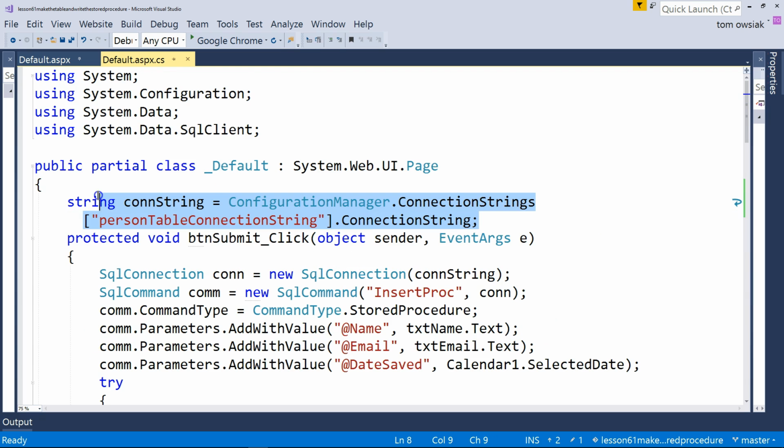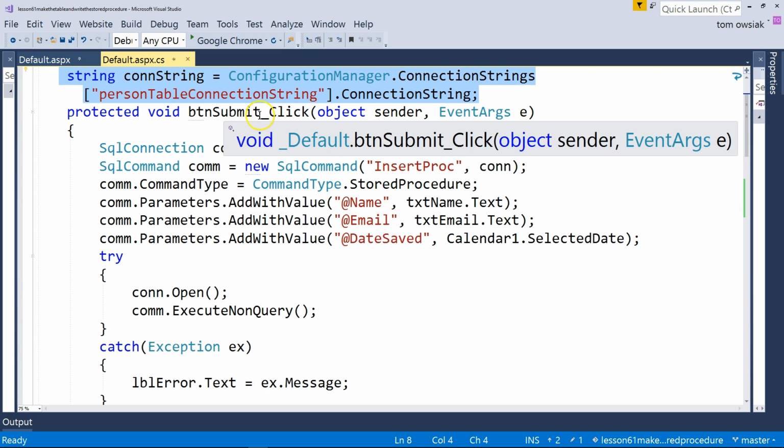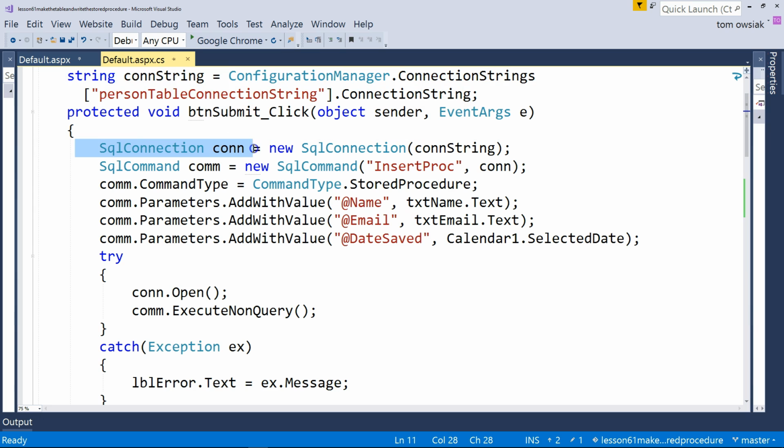So remember at the top, we had the connection string, which came from the server essentially. It tells you how to reach the server. And then in button submit _click, we made a connection object, a command object. We set the command type to stored procedure. We added parameters to the command object with values, from the name and the email. And the date saved, remember, comes from the calendar itself,